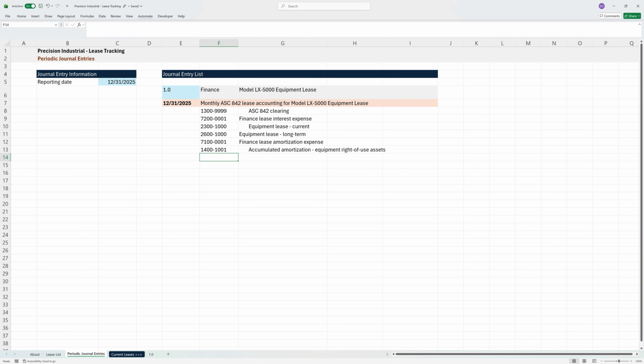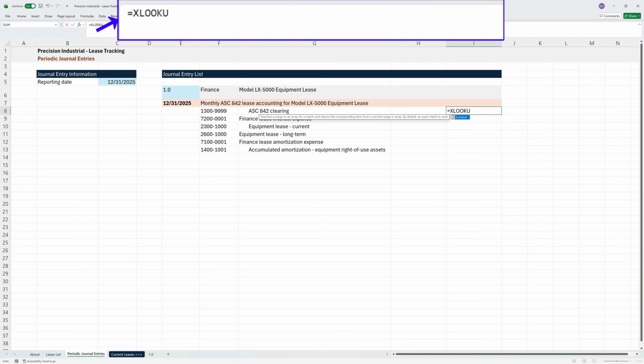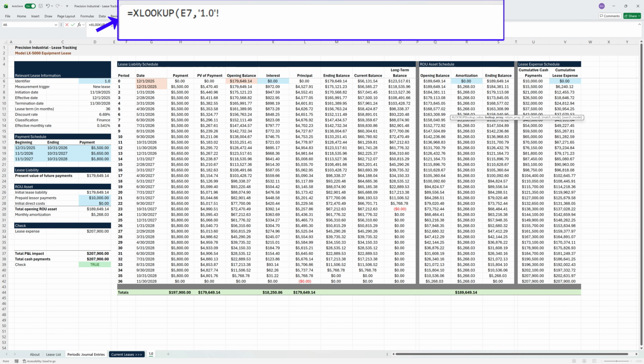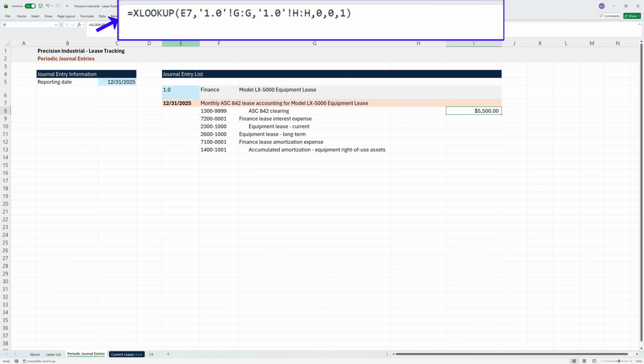So now we can pull in all the numbers from our lease schedule. For the clearing account, we'll need to clear the lease payment, so we'll use an XLOOKUP. We want to look up the journal entry date. The lookup column is our date column on our lease worksheet, column G here. We want to find the lease payment, that's in column H. We'll return 0 if it's not found. We want an exact match, and we'll search first to last. Now we'll format that as a currency, and then let's lock our cells,